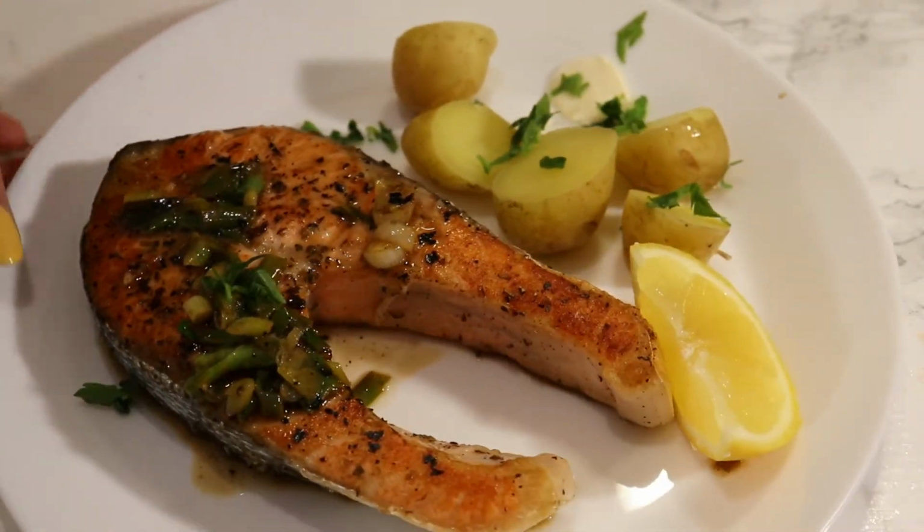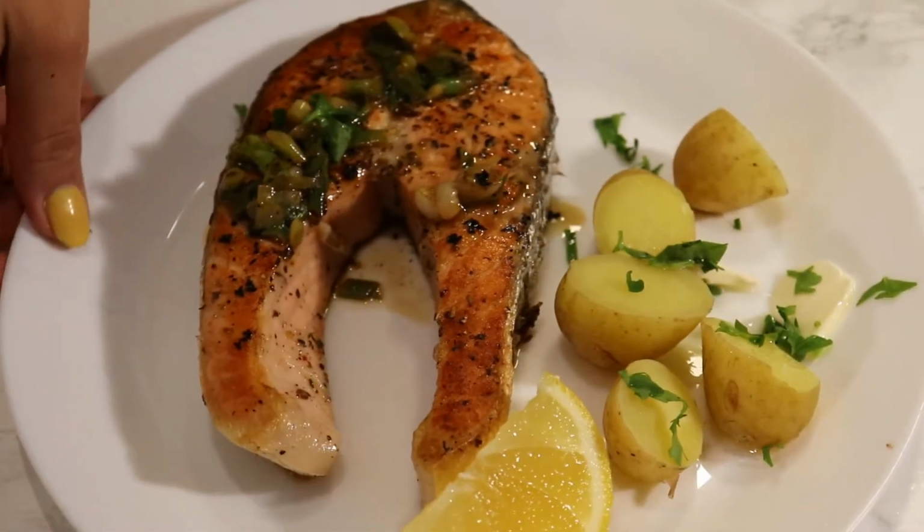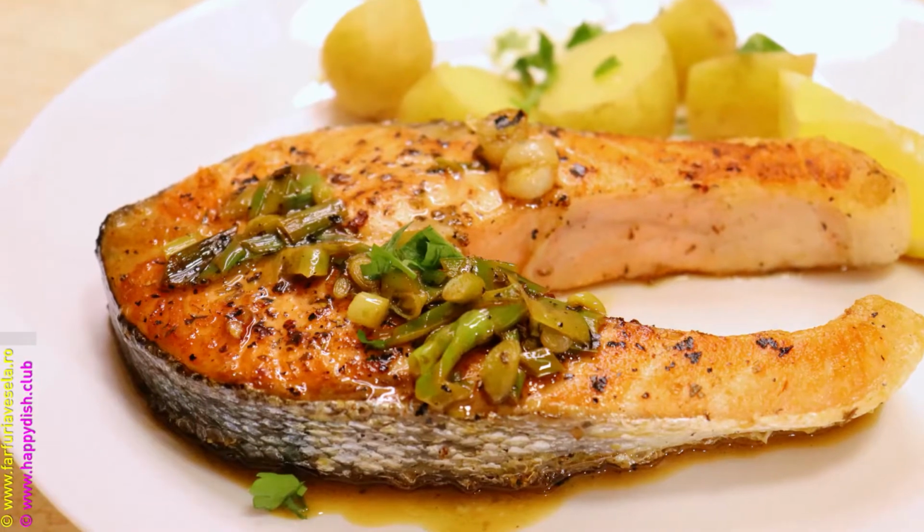It is a really fast, easy and healthy meal, and I really hope you're gonna try it out and